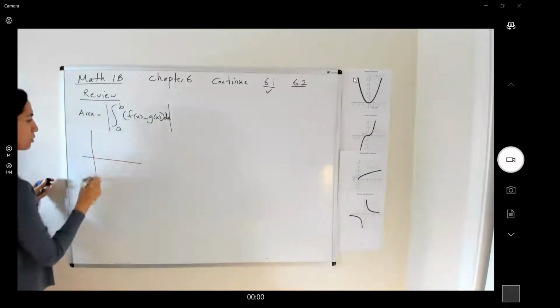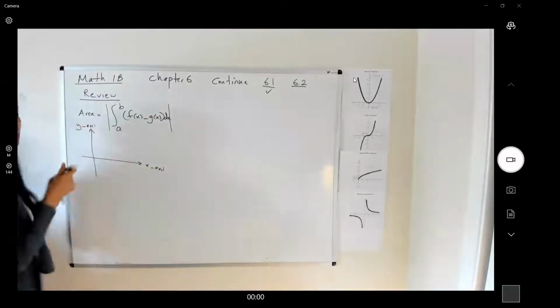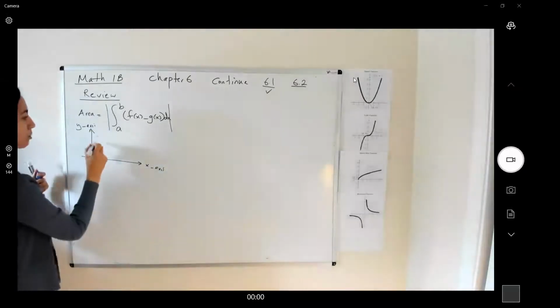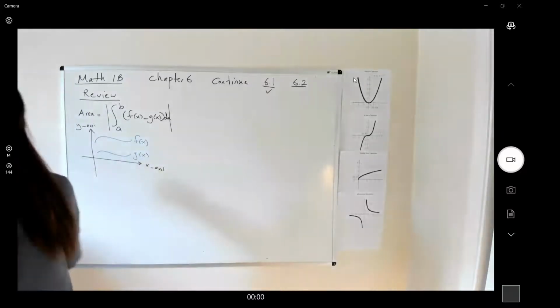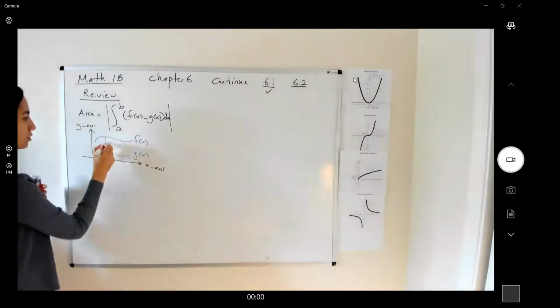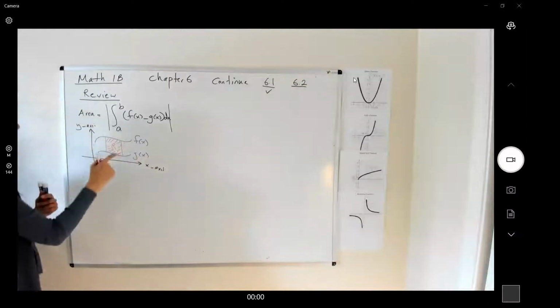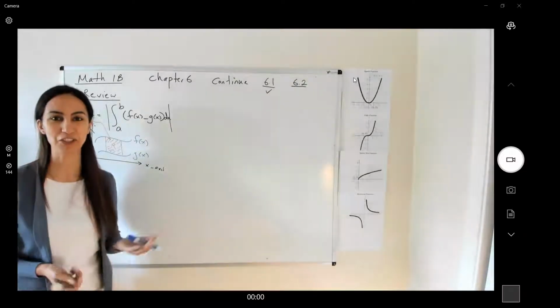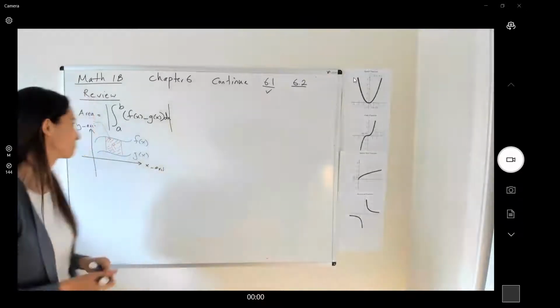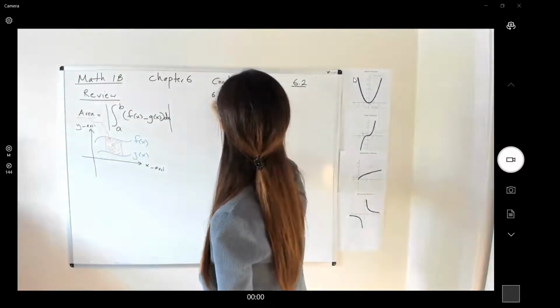And remember that, for example, you have a region sandwiched between two functions, f of x and g of x. So suppose this is your f of x, and this is your g of x, and this is the region bounded between these two functions. This is the area of this region. So after finding the area, we're interested in finding the volume. 6.2, page 1,